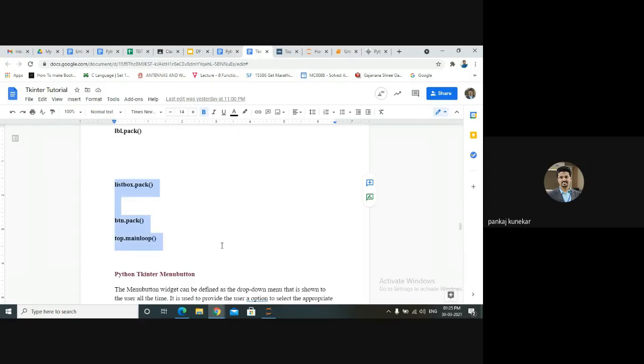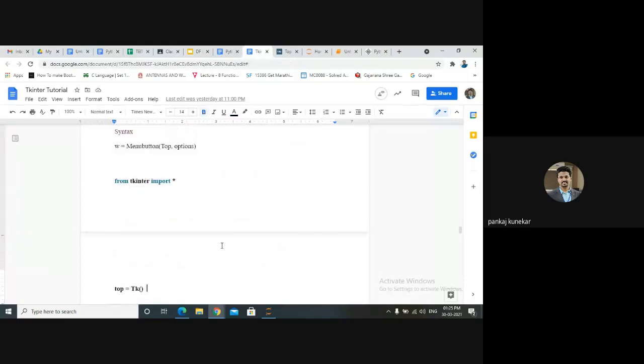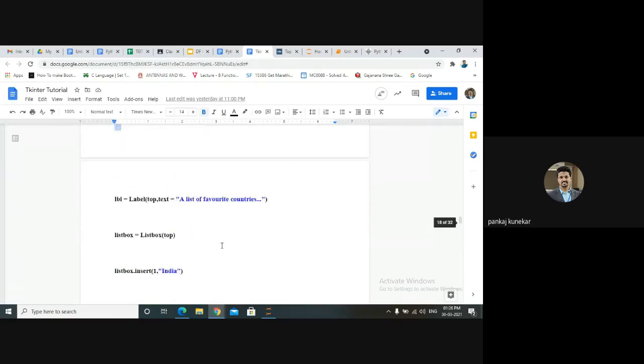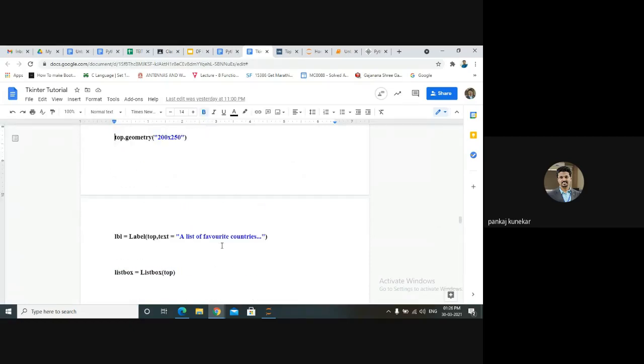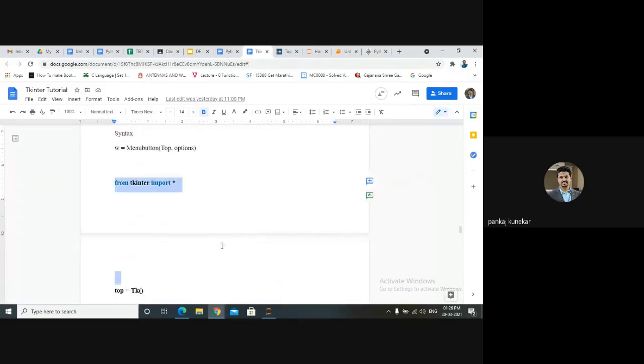After that, we have a menu button. Menu button is a drop down menu list. In the previous one, in list box, all the elements are displayed in one window.